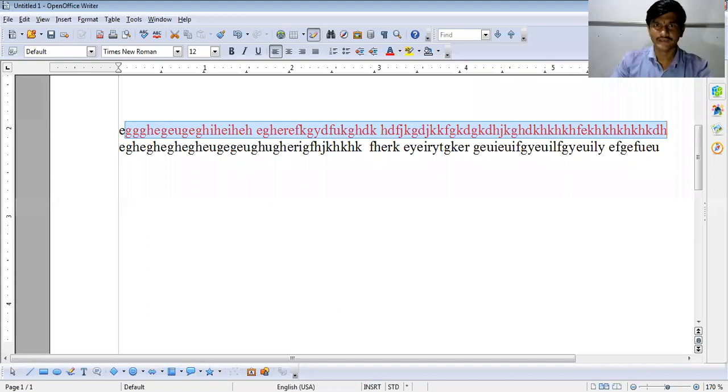Now next, editing a document. If you want to edit your document, you can edit with the help of this. Making changes to the typed text in a document is called editing a document. If you want to change something in your document, that is called editing a document. We have seen how to add, delete, replace, copy and paste text in the previous grade. In the last class we saw how to copy, paste and replace, all these things. Now today we'll see the next point, that is how to check spelling and grammar.